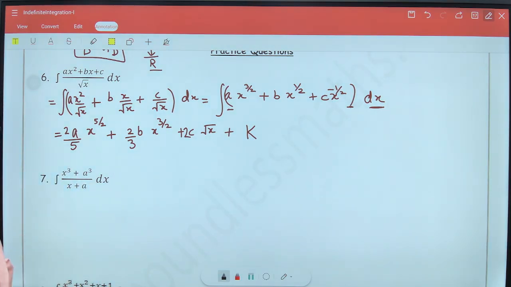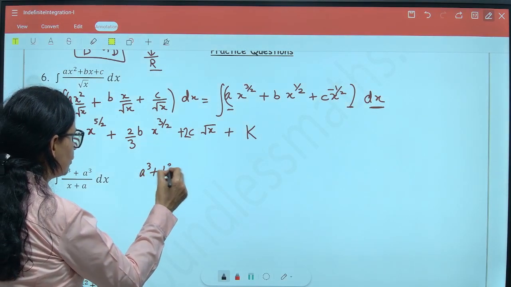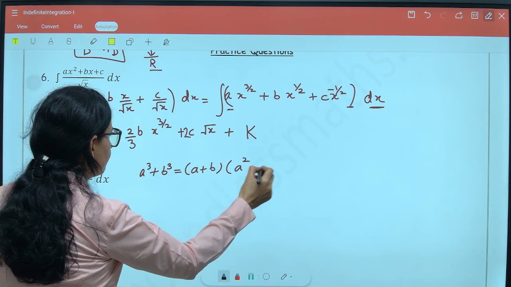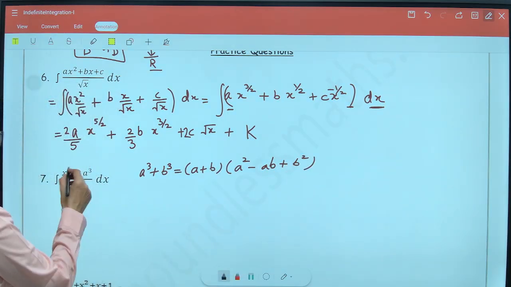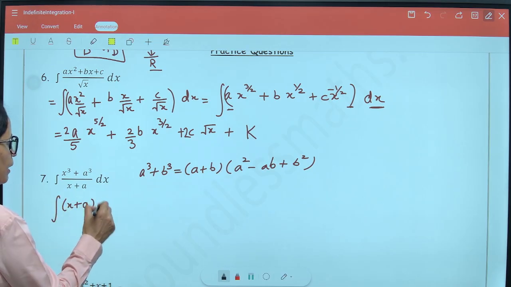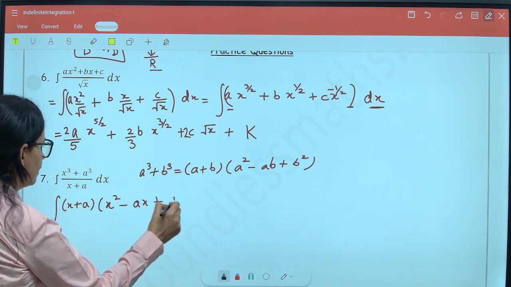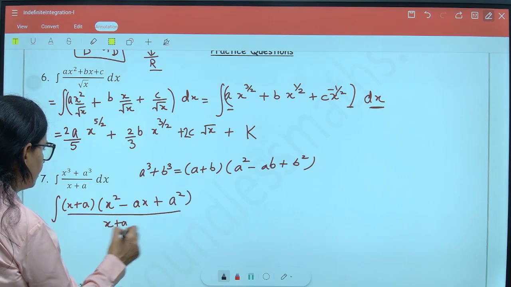Now the next method is factorization. If you look at this question, in the numerator we can use the identity for a cube plus b cube. So how do we factorize that? What is the identity? a cube plus b cube is equal to a plus b and then a square minus ab plus b square. This you have done in lower grades. So let's factorize the numerator. It becomes x plus a into x square minus ax plus a square and this whole upon x plus a